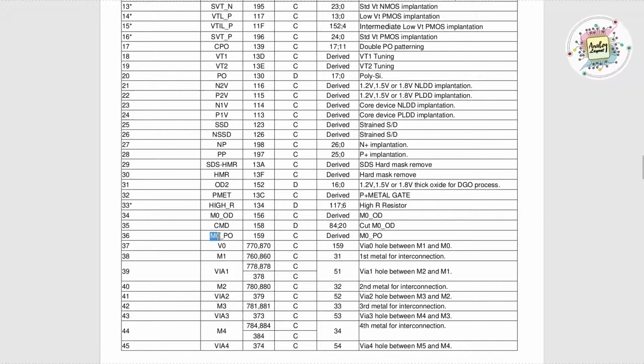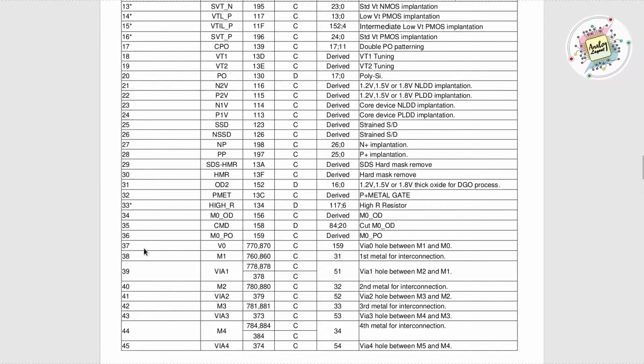So this is the end of our base level layers. For example, M0 to PO. So M0 to PO is nothing but the base level layer of poly to M0 contact, as we discussed above in the previous slide. So V0 is the base level via. That is nothing but the via which can create contact between poly to M1. That is our V0. So that will be fabricated on the 37th step.